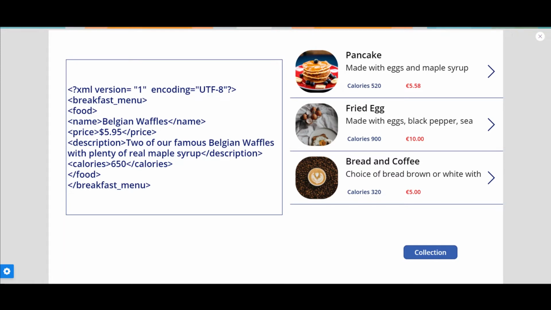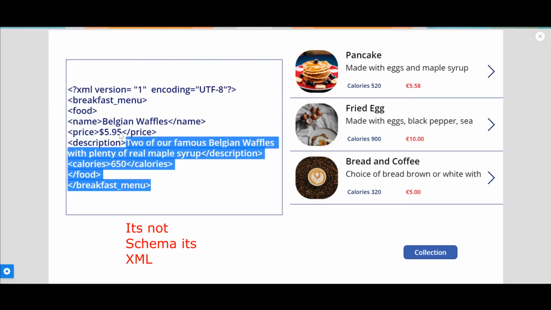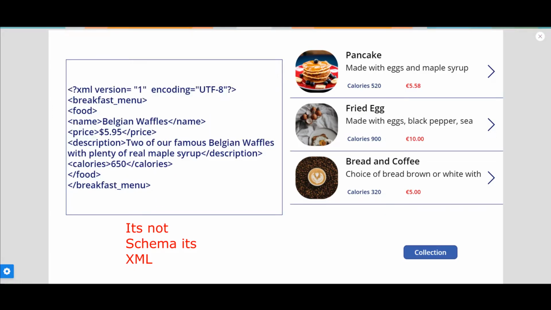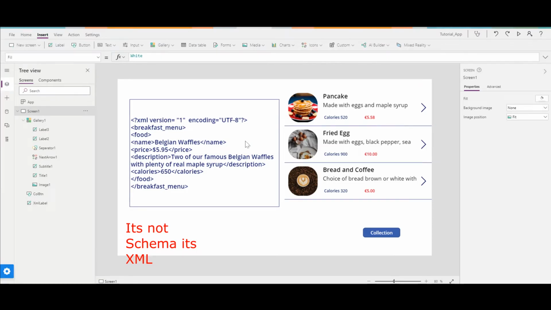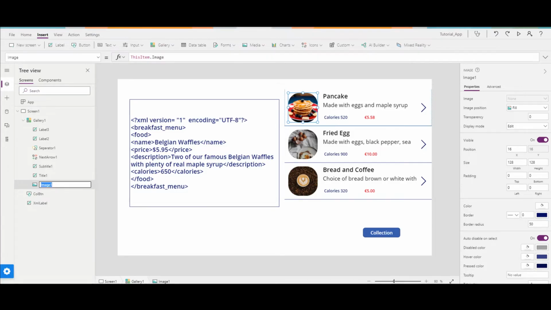We just need to add data dynamically so that this schema, which you are looking at, this XML stuff, should change automatically when I'm selecting any item in the gallery. So initially, if you see that while I'm selecting something, the schema itself is not changing at all. So what I'll do, I will just add certain things. So before that, we need to change certain labels like this one so that it's better for the understanding when we add any kind of data. So this should be gal image,